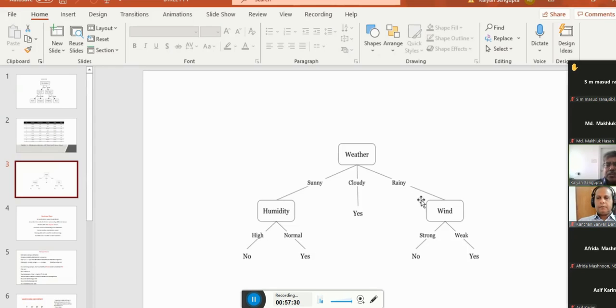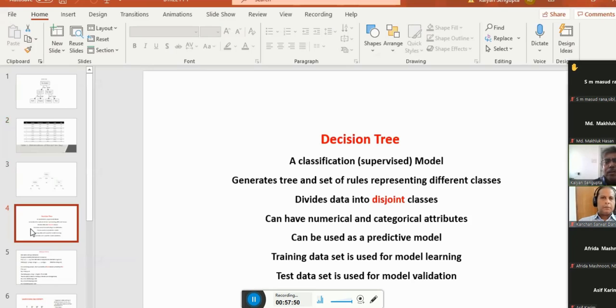So it is a tree-like thing, and we come to the final node, which is the leaf node, giving yes or no category. Okay, so this can be used for us, this is basically the definition, whatever I am describing.